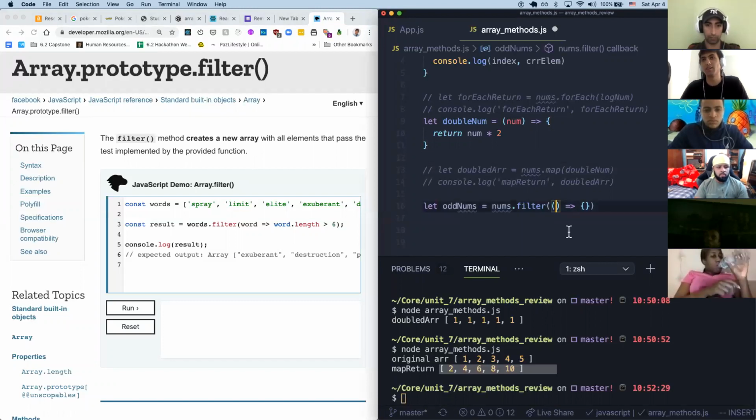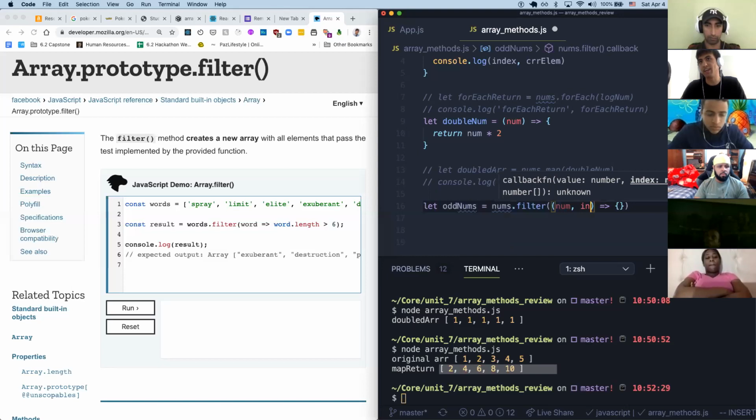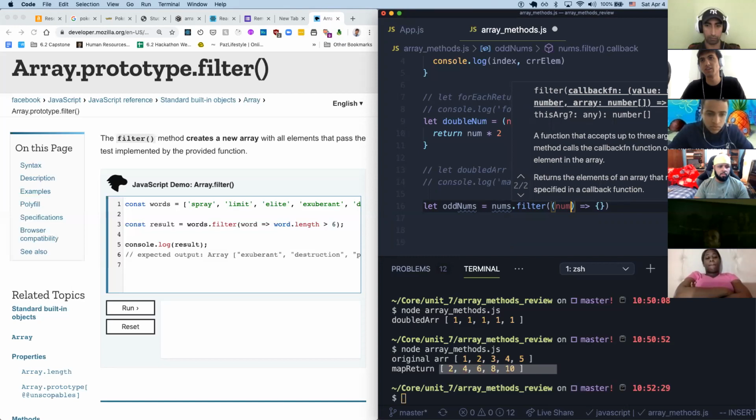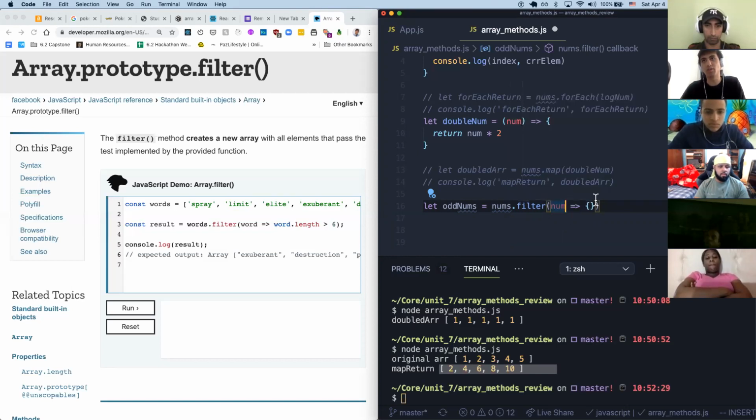So here, same deal. All the callbacks have the same signature. The first argument is the current element, the num, whatever you want to call it. In here, I'm going to call it just num, singular. Also, I could call it current number. And the index, if I wanted the index for some reason here. I don't need the index. So when you only need one argument, you can leave the parentheses around it off because they are optional. Only when you have 2 arguments, you do need them. So we have num, and we say, for all the numbers,